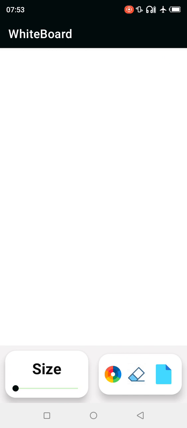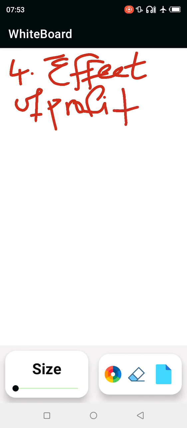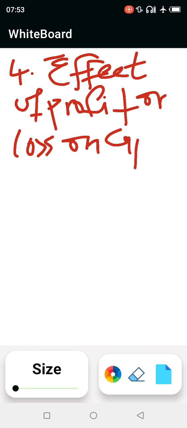The effect of profit or loss on capital. Effect of profit or loss on capital,